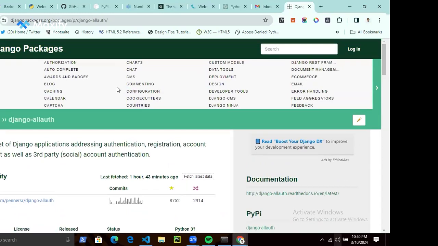You can filter through all of this list if you want to do e-commerce. There are certain packages. Then when you go to GitHub, there's something called Awesome Django. It's a repository that shows you a lot of packages that are actually in active development, right? And you can pick from all of that.